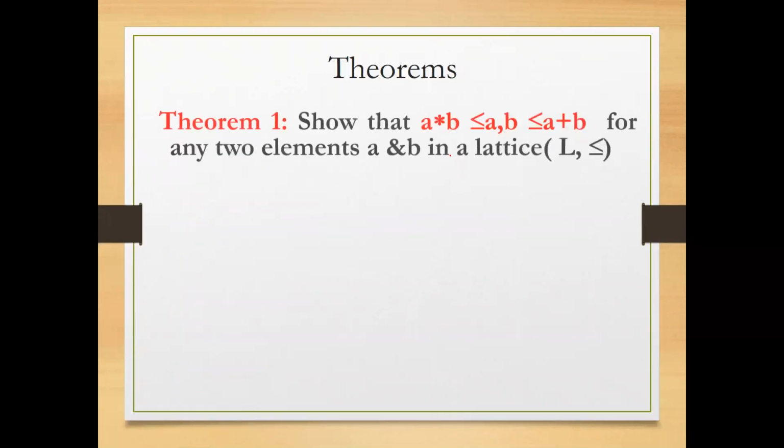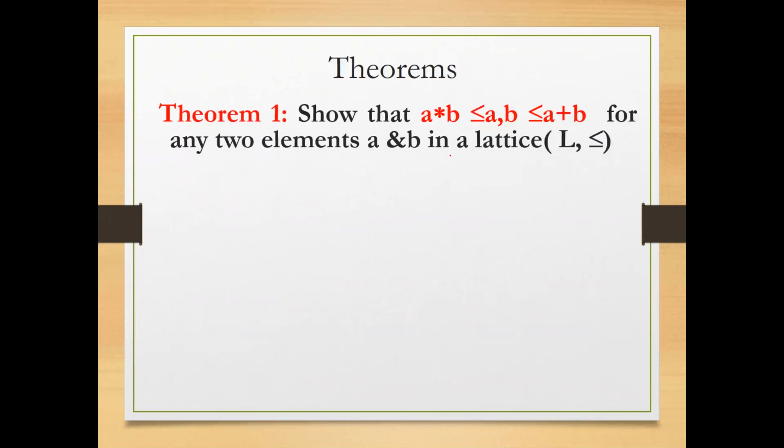Next, we will move on to the theorems. These are all the important theorems in the topic of lattices. So notations I have already told you. Star or meet, that means the greatest lower bound, and join, the symbol or plus, that means the least upper bound. So in the theorems we will now use these notations, and you have to find out what the symbol means.